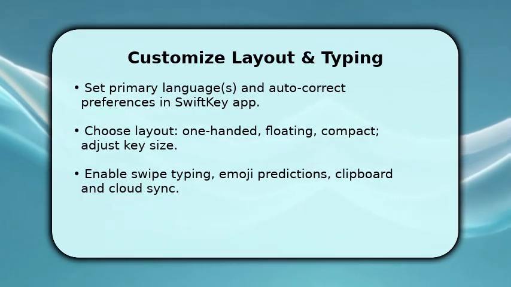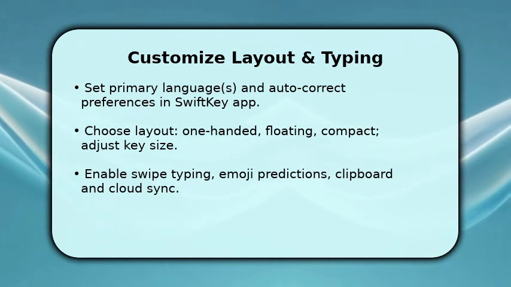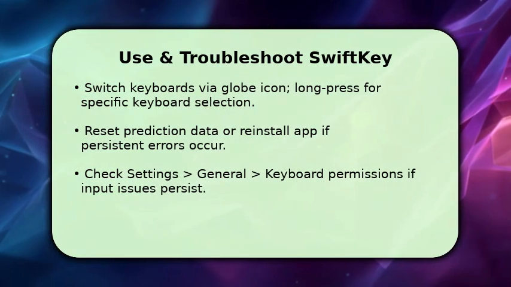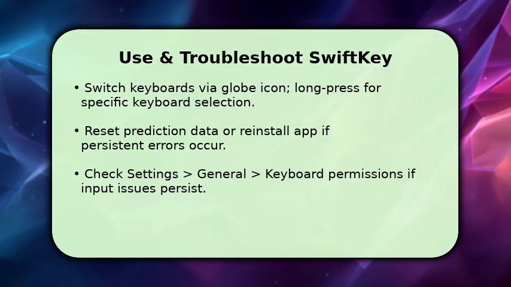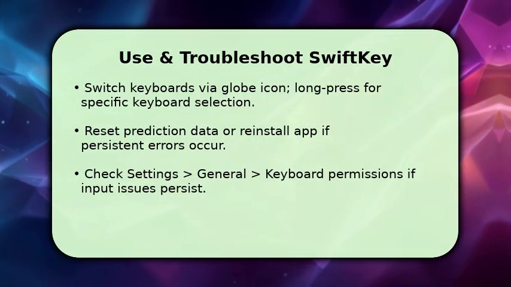Once set, try typing in Notes to see how predictions learn from corrections. This learning improves accuracy over time. Finish by practicing common actions. Press the globe icon to switch keyboards, long press it to pick Swiftkey directly, and tap the toolbar for clipboard,